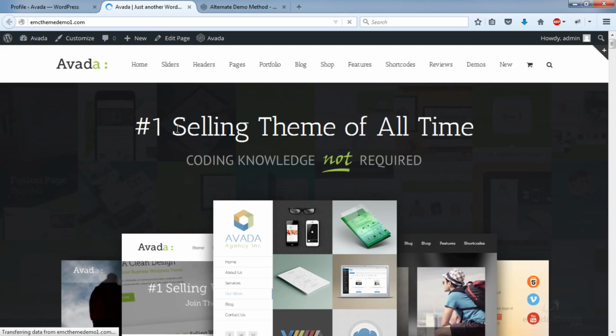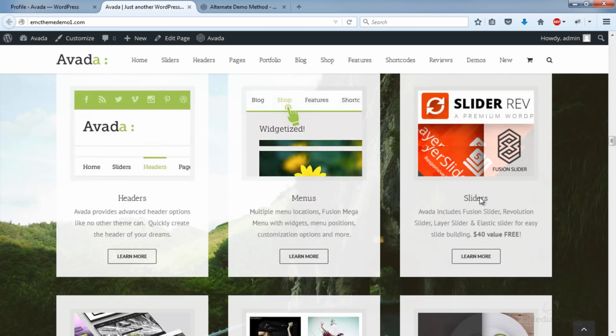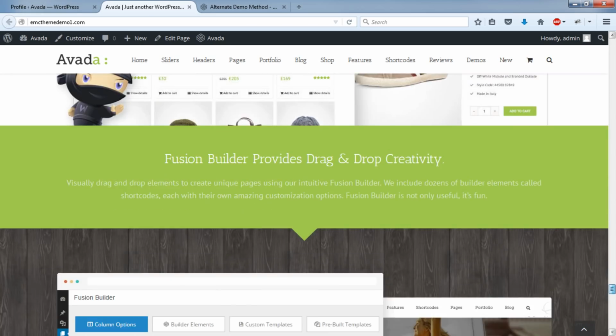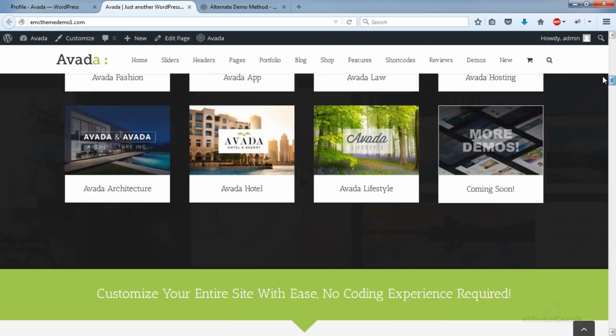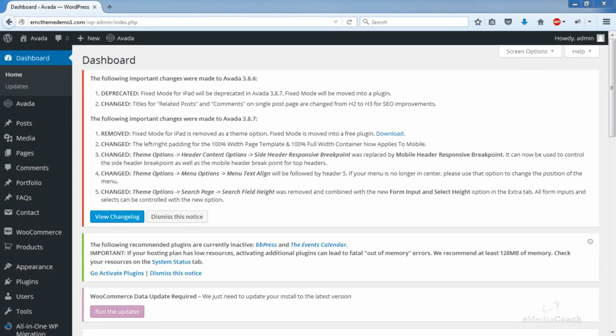Now this is what your website looks like. You'll see it has a bunch of new pages, a bunch of new content that's automatically imported into your website. Now we're going to be actually deleting most of this stuff and setting up your website, creating your website exactly the way you want it to look. Okay, now back into your dashboard area. There are just a couple of initial configurations that we need to do to set up the framework before we dive right into setting up the homepage, slider, and all the other elements that go on the homepage. You can dismiss any notices that come up.